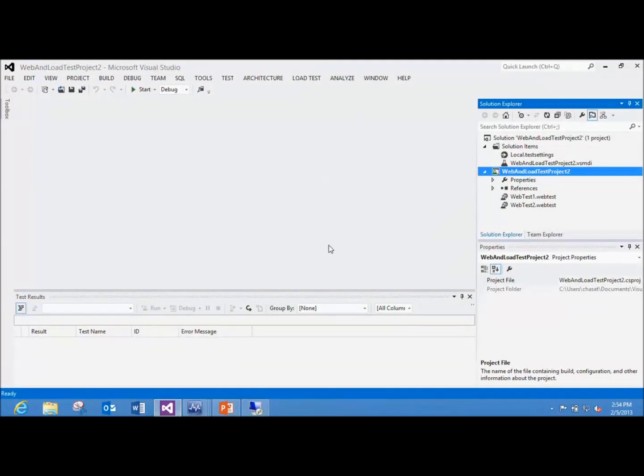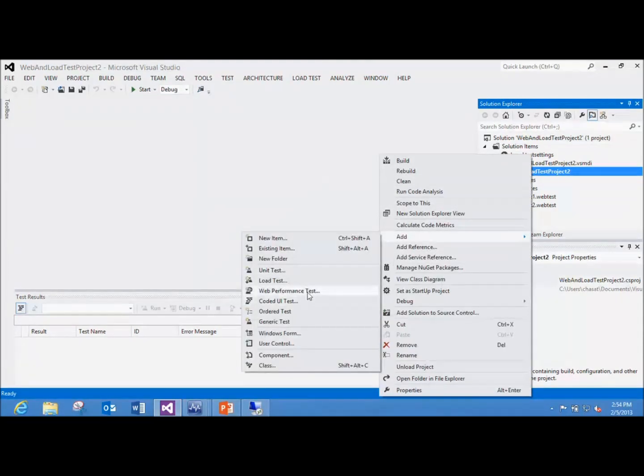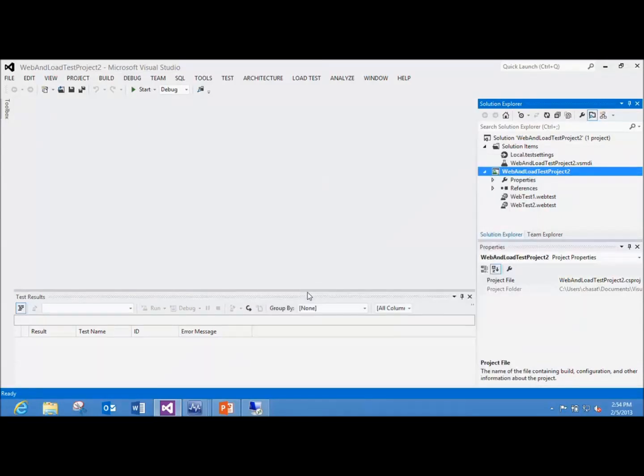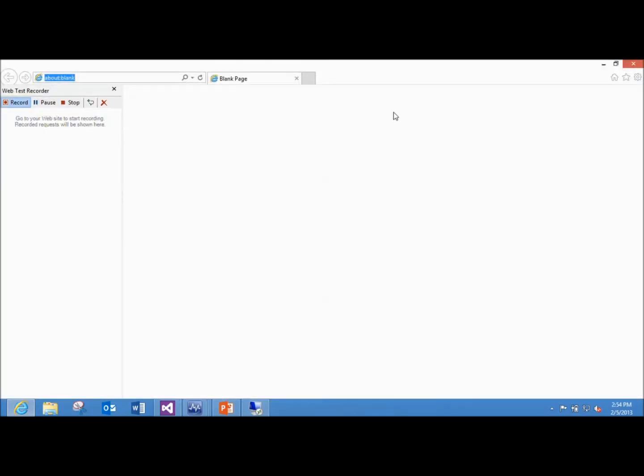So I'm going to open up Visual Studio first, and then I'll show you how it gets imported into Operations Manager. From Visual Studio, I've already created a project. You need to go in and create a web and load test project. From within here, if I right-click on the project, click Add, there's the Web Performance Test option. The moment I select that, it opens up the web test, and then it opens up Internet Explorer with the